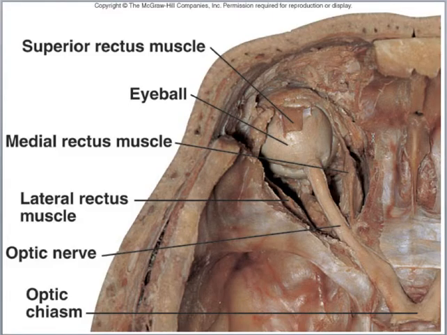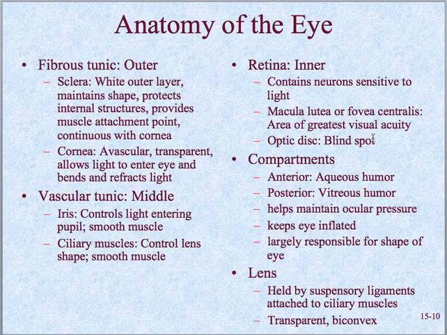Let's turn to slide number 10. So the anatomy of the eye. The part here that I want you to focus on is 2 points. The first is the macula lutea, or fovea centralis. This is the area of greatest visual acuity. Okay, and so that's one thing I want you to know about. The other is about the iris and the pupil. The iris controls light entering the pupil,